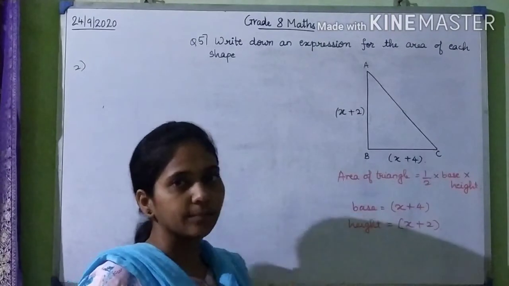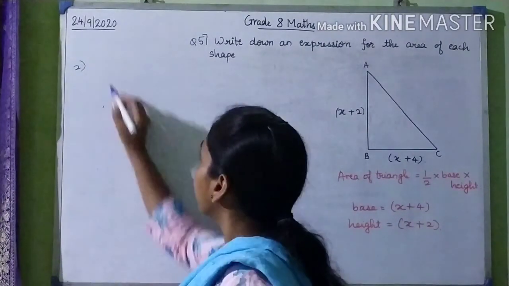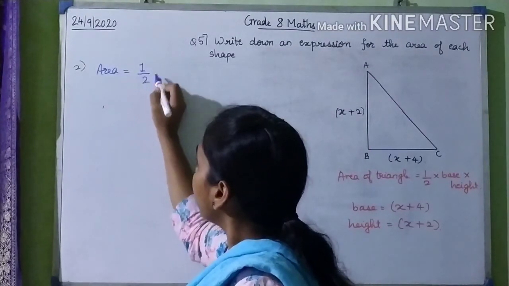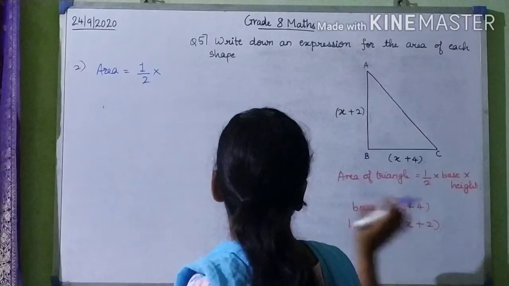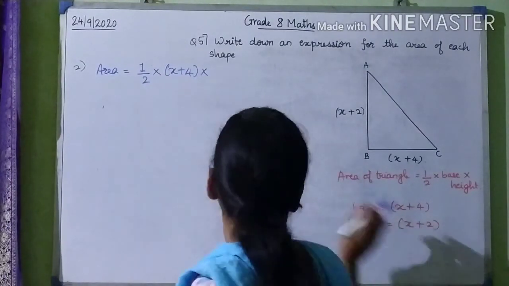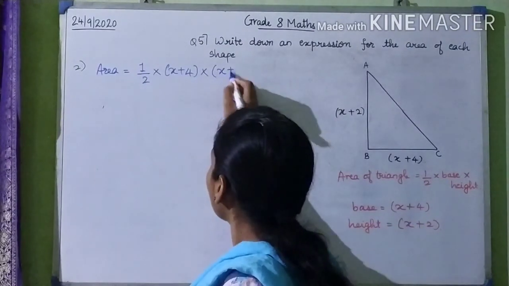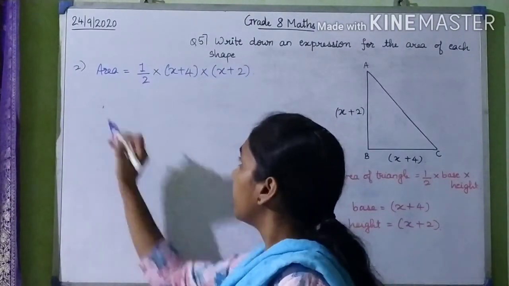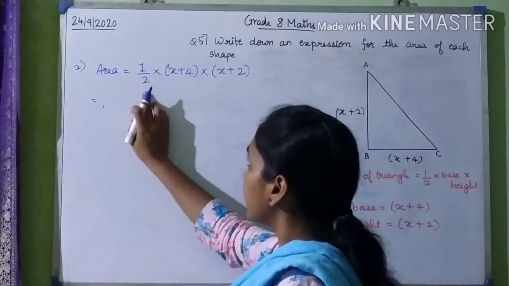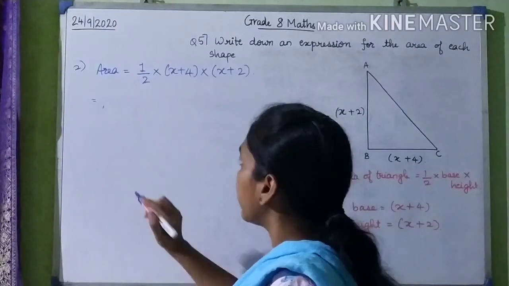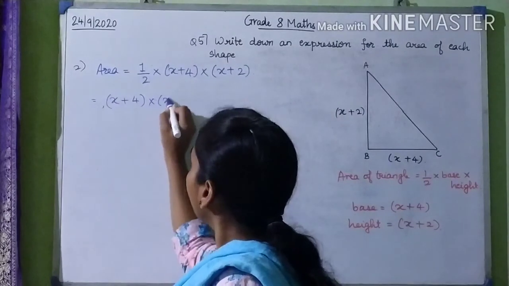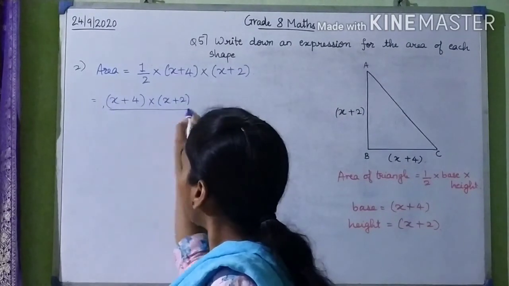and find its area. Okay, so here I will write the area of this triangle will be equal to half into base. What is the base now? X plus 4. So x plus 4 multiplied by height. What is the height? X plus 2. So x plus 2. Okay. Now I will keep this denominator as it is. This 2 is in the denominator. I have to only solve the numerator first. So I can write this as x plus 4 multiplied by x plus 2 the whole divided by 2.